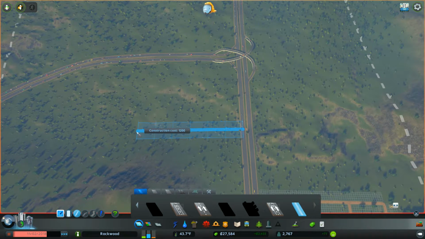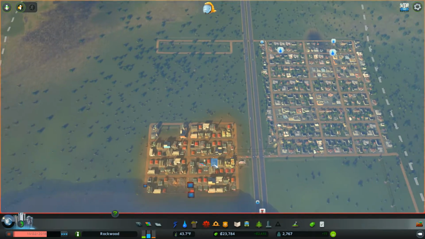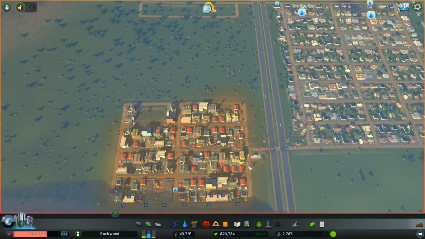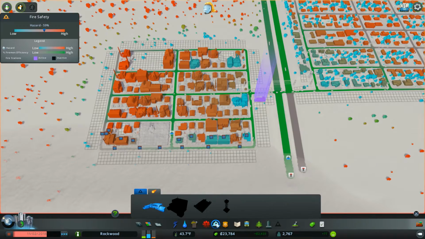this will be our new industry area. See, we have a lot of room over here. We should be fine now. This will be the new industry. We'll just do 1 square for now. And see, the water's already coming. Do we have...